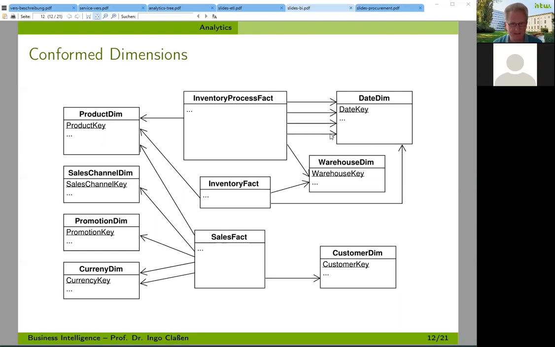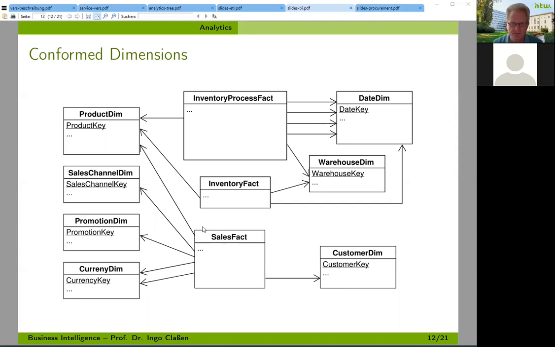The galaxy as a composition of stars. And since different fact tables refer to the same dimension, for example, all these fact tables refer to the product dimension and to the date dimension and so on,